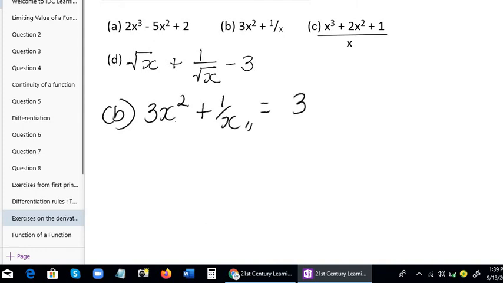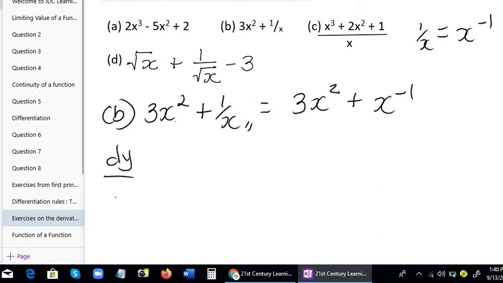So 3x squared plus, remember 1 over x is the same thing as x to the power minus 1. This is the same thing as this, so I'll replace it with x to the power minus 1. So I can now differentiate. dy/dx will give me 2 times 3, 6x. Subtract 1 from 2, 2 minus 1 is 1. Okay? Plus